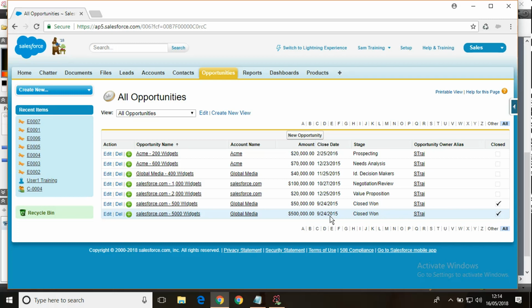We want to send the email alert 7 days before the opportunity closing date, provided the opportunity is open, because if an opportunity is closed, there is no point in sending the alert. So the opportunity has to be open whenever we schedule the alert. This is implemented with a time-based workflow.